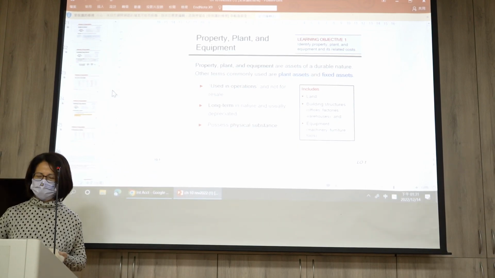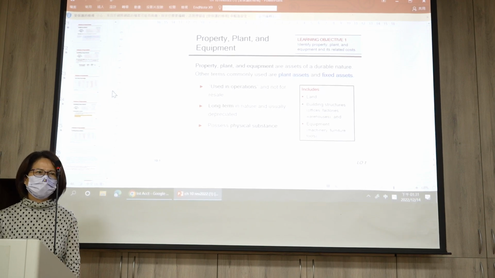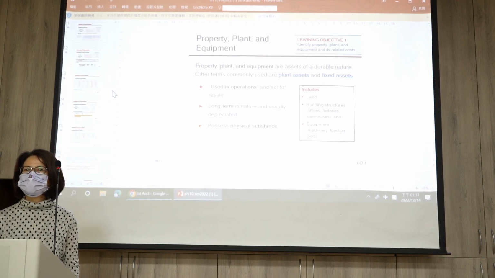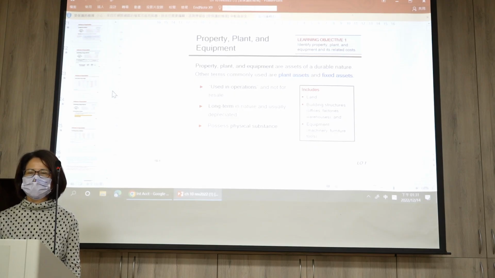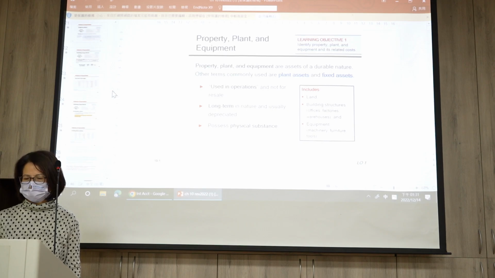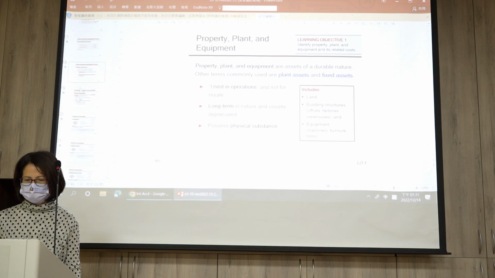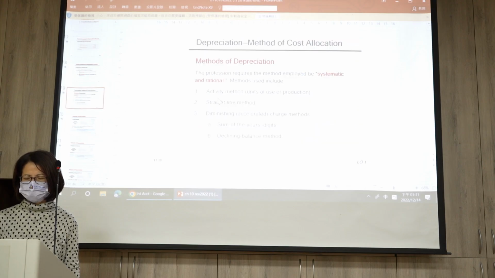And how about the depreciation method? If you have any ideas about the methods, put them on. Straight line. Yeah, straight line, the most popular method, and it's easy and simple, right? And what else? Anything? Let me find it out. Methods: activity method, straight line method, and diminishing,